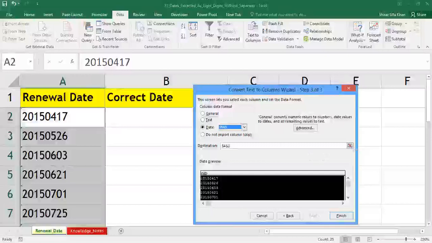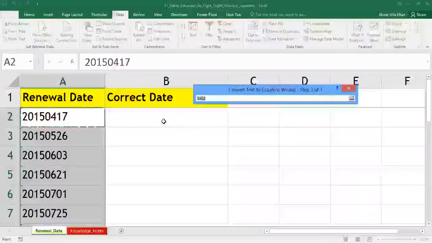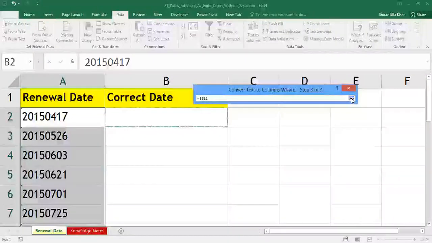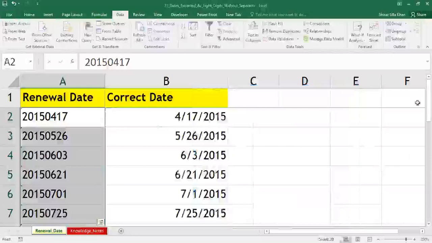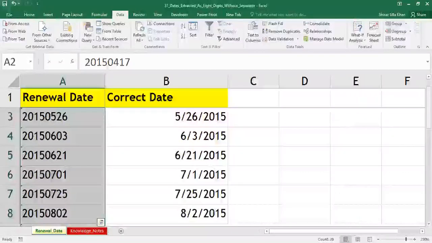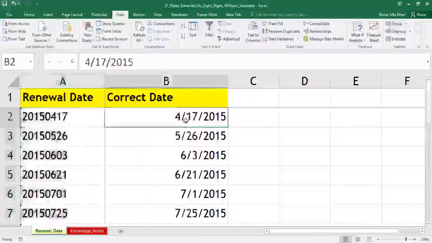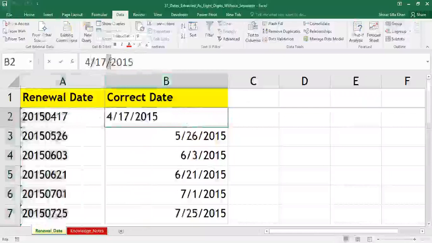And now the final step is I need to click on the Destination icon to paste this data. So I click on this icon and I select the cell B2 because in column B, I want the exact date with a separator of slash, and the date should behave as a number. I'll again expand this icon, and the final step is to click on the Finish button, and I click on Finish. So people, if you see this, in column B, I have the same date. Here, the date has a separator, a delimiter. I have introduced a delimiter of slash.